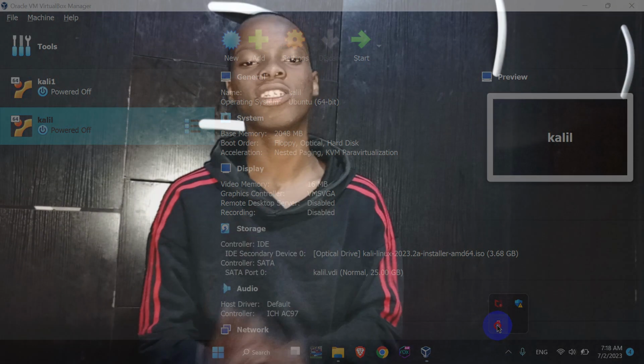We have successfully installed the Kali Linux on the VirtualBox I'm going to be using. I've successfully installed it, as you all know. And the next thing I'm going to be doing is running the Kali Linux, as I've said in the video. This may seem too dramatic, too elongating, but no, it's very easy. I'm going to take you step by step, like I said, I want to hold your hand like this.